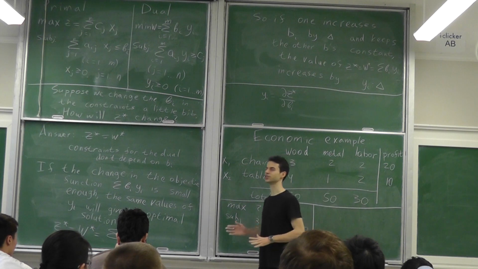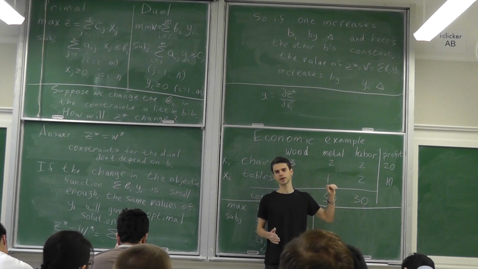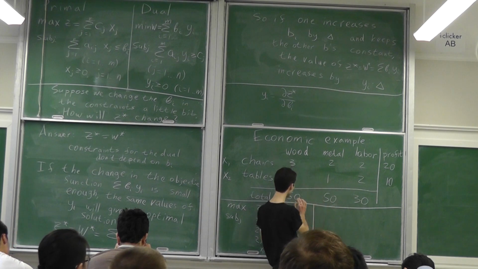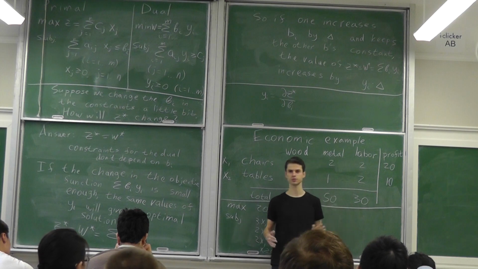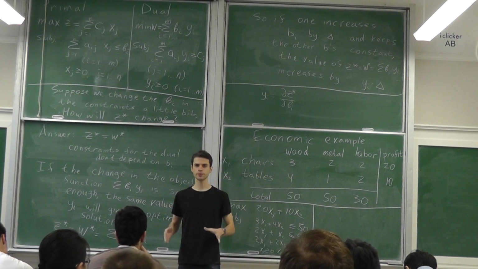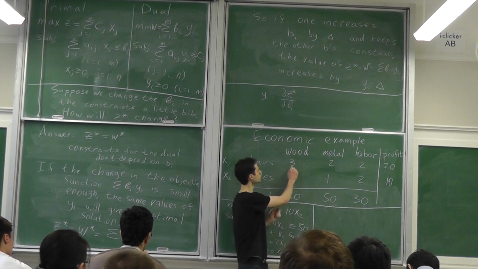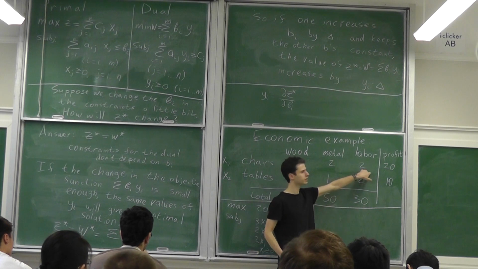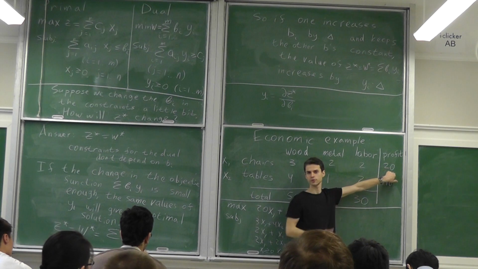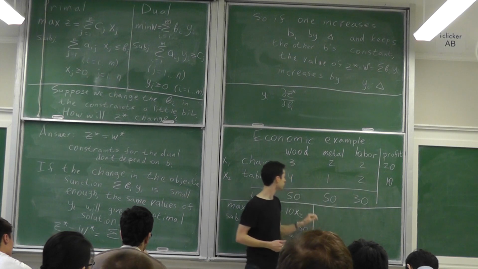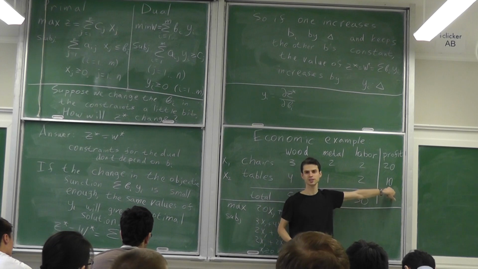So I'll come up with the following strategy. I'll only sell the wood, the metal, and labor. I will sell all the 50 units of wood that I have, all the 50 units of metal, and also the 30 units of labor. And I'll set the prices for the wood, metal, and labor in such a way that by selling 3 units of wood, 2 units of metal, and 2 units of labor, I'll get at least $20 for such a transaction. And also, if I sell 4 units of wood, 1 unit of metal, and 2 units of labor, I'll get at least $10